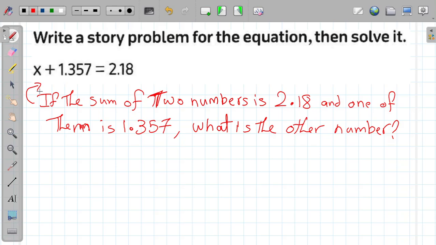Okay, next I wanted to solve it. I wanted to find the value of x. So I will use the inverse operation. So I will send this number to the other side with the inverse operation. I have here addition, so I will send it with subtraction. Okay, so it will be x equals 2.18 minus